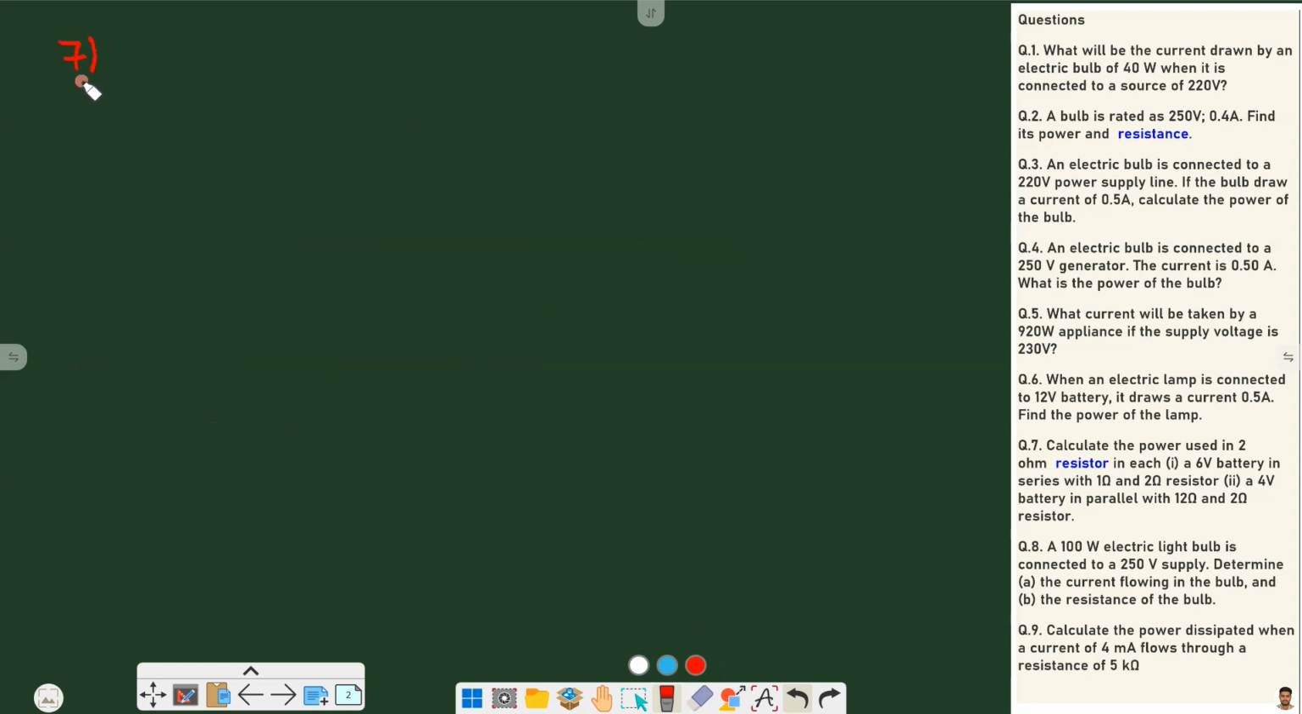Going to the next question, 7. Calculate the power used in the 2 ohm resistor. Each 6 volt battery is in series with 1 ohm and 2 ohm, and a 4 volt battery is in parallel with 12 ohm and 2 ohm resistor. We are going to first solve part A, or part 1. Here we have a 6 volt battery in series with 1 ohm and 2 ohm resistor. So it's something like this: